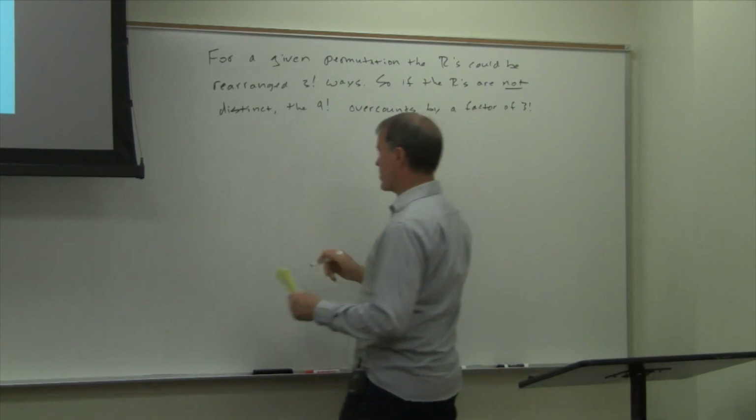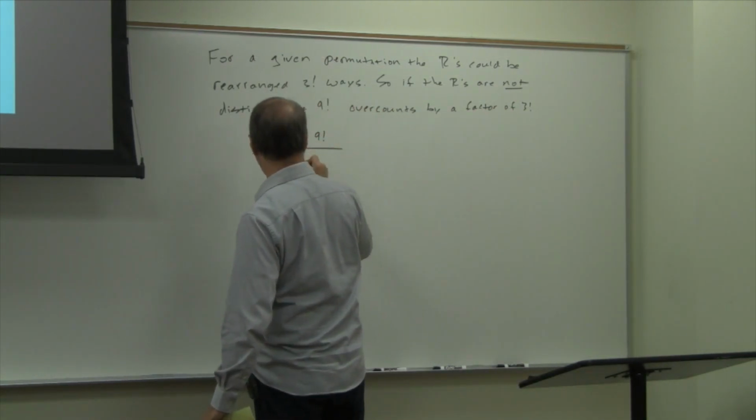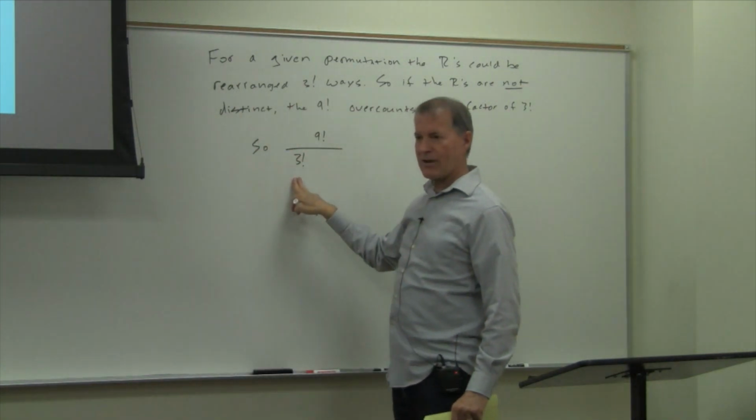So basically, the number of ways is 9 factorial over 3 factorial, which corrects the overcount for the permutations of R,